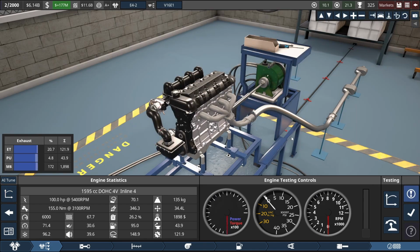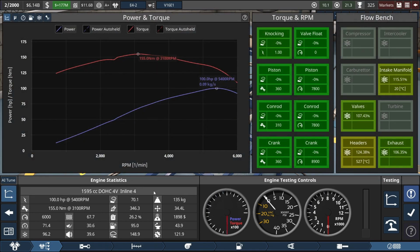And the economy variant is even more upsetting. It only has 100 horsepower, but it has over 26% fuel economy. So, fuel economy? I thought it would be fuel efficiency. I mean, it is very, very fuel efficient. I wonder what sort of fuel economy ratings we can get on cars with this engine, but 100 horsepower really isn't much, so this is going to be realistically a city-only engine,